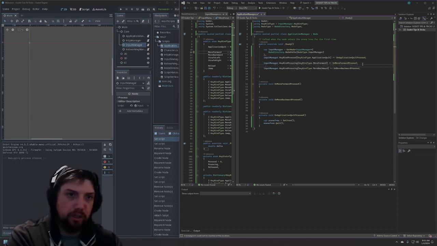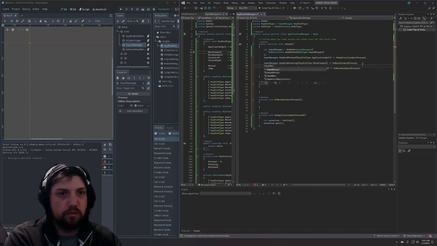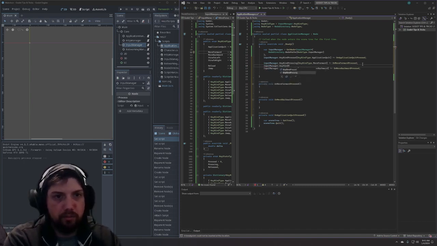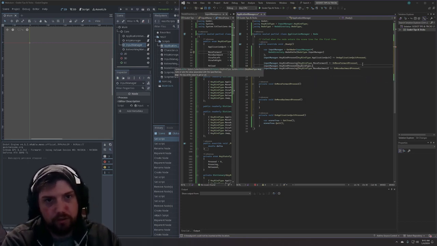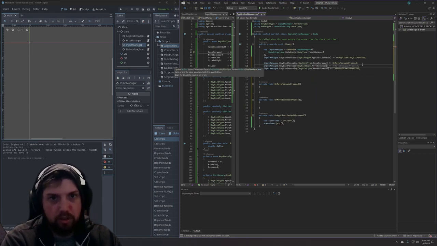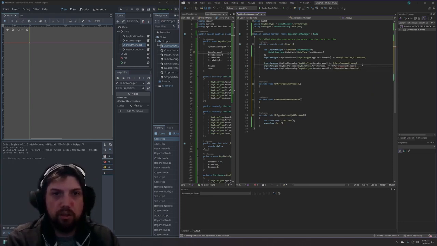And you could even do things such as input manager keybind pressed. So maybe you want to do something on the first frame of pressing move forward, so the first time you press W, plus equals on move forward pressed, and also